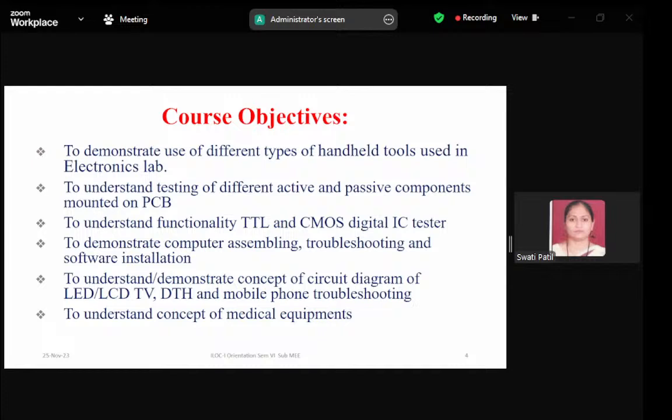We can recognize the typical faults which are created in electronic components and systems. Meaning, if there is any fault in a component, we can face or troubleshoot that fault. We can interpret and diagnose the problems using these troubleshooting methods. We can use tools like multimeters, oscilloscopes, and signal generators for fault detection. So these are the course objectives of maintenance of